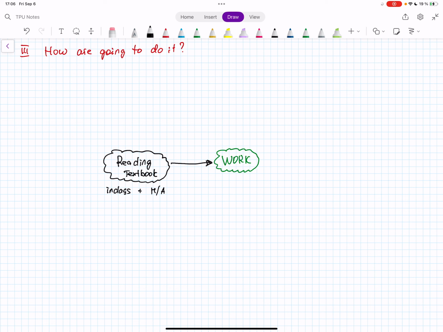Another activity that we will do is translating. Translating the materials that you read in order to understand. This will also be in class and home assignment. So you will be doing it in class if I ask you, and also at home when I give you a home assignment.